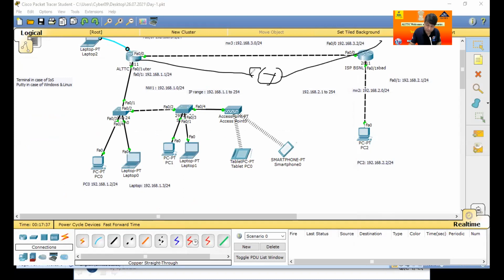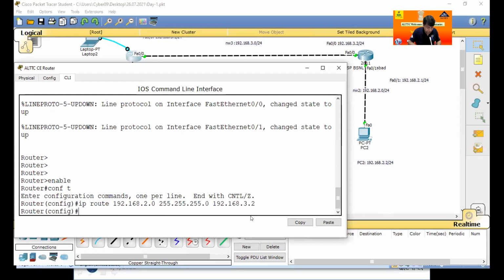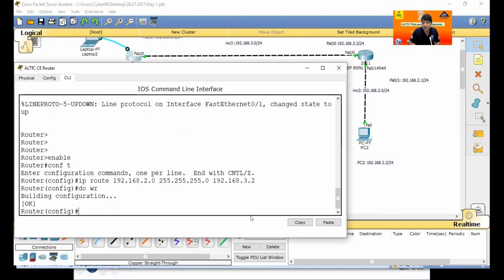So you tell it to go to this port. So it is completely in your hand which port you allow. By default here there is only one port. This is 3.2. So click here, 192.168.3.2 and press enter. Now do write for saving.